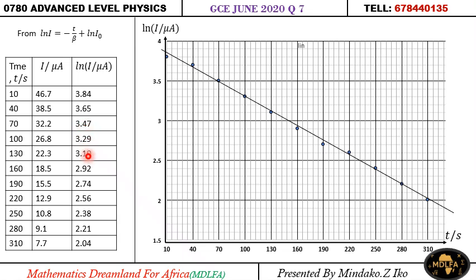So I just round up the values and I have this, okay. And then for the other axis the same thing, okay. So I plotted my graph already. Now you notice that from this graph, the time is actually increasing while the current is decreasing with time, okay. Means as time is increasing, current is decreasing, okay. So that is why it is a negative relationship. One is increasing, the other one is decreasing. That is why we have a negative